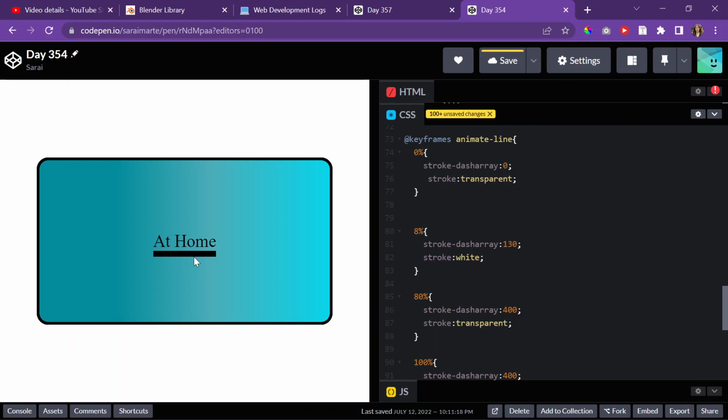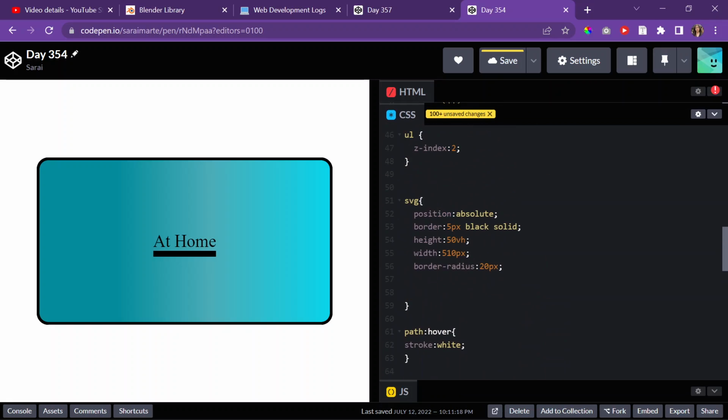I still see a little bit of it at the right, so I don't know how to fix that. If I were to do stroke dash array 130, because either way I still see it, but barely now. If I do like 5%. I still see it, it's right there, but I barely see it, which is good. This is basically what I wanted. Yep. Alright, I'll leave it like that, and I'll just change the stroke width to be back to what it